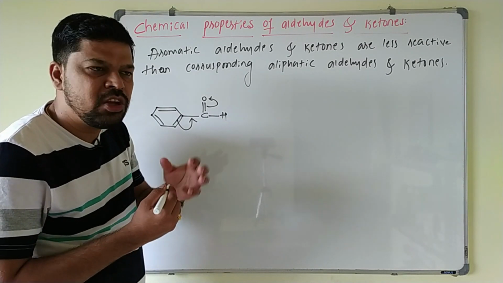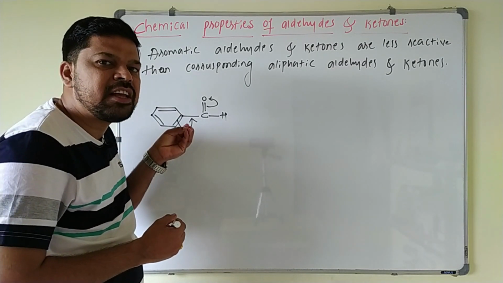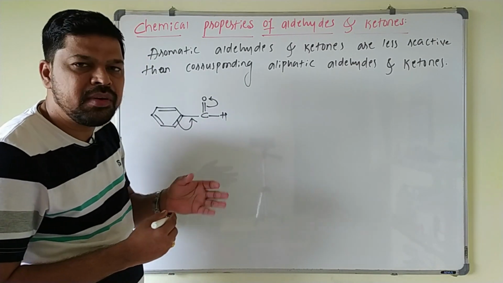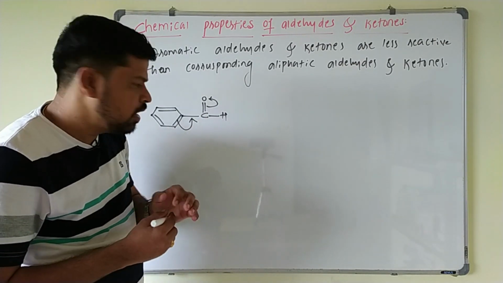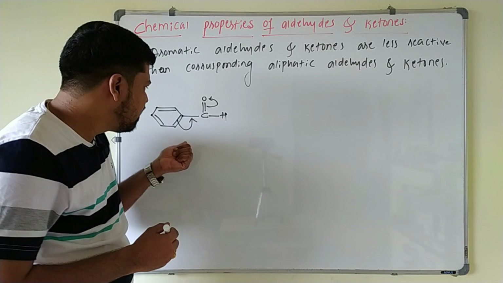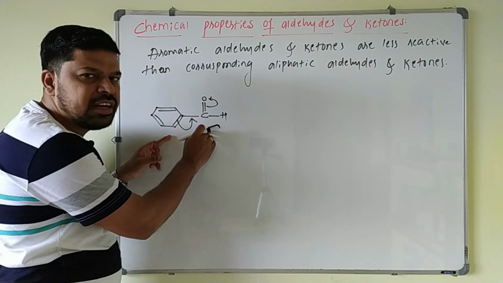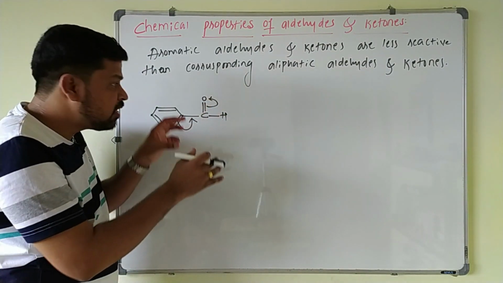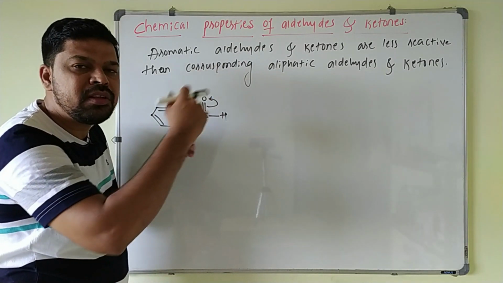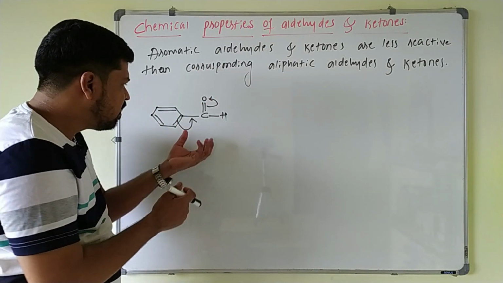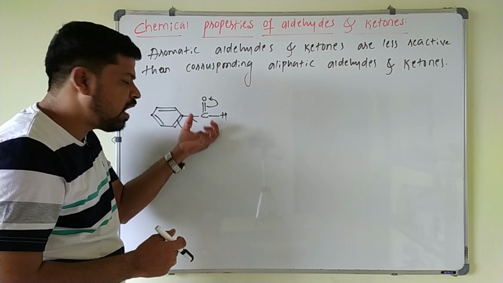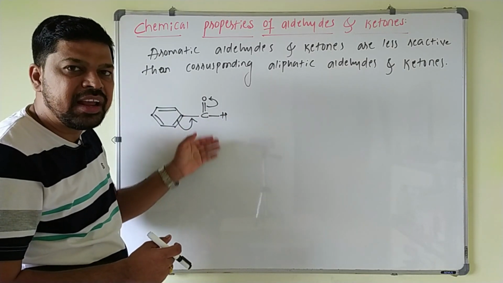Then see here, in case of aliphatic aldehydes, the electron density on the carbonyl carbon is decreased due to inductive effect, that is only sigma electrons are transferred towards the carbonyl carbon, thereby the positive charge is decreased. But in case of aromatic aldehydes, here the positive charge on the carbonyl carbon is decreased by the transfer of pi electrons. This is more effective as compared to the inductive effect. So here sharply the positive charge density on the carbonyl carbon decreases, their reactivity again decreases here.